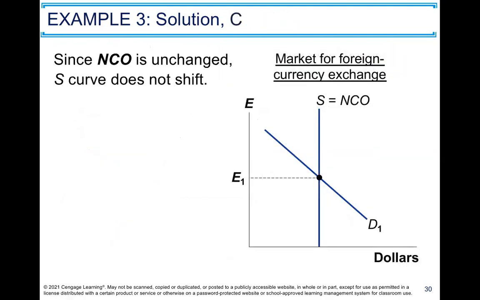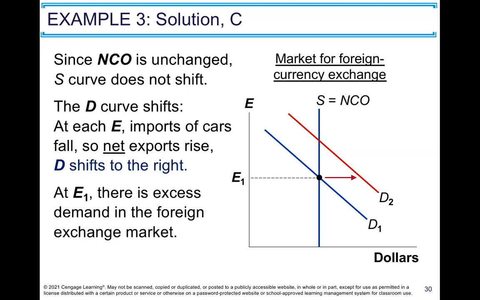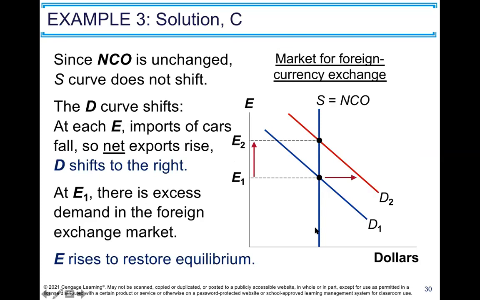However, what does change is our net exports, right? Because an import quota says that we're going to decrease our imports. If we decrease our imports, that boosts our net exports, and as a result, net exports shifts to the right. Now notice that this increases our exchange rate immediately from the graph, and net exports does not change at all. Notice that NCO equals net exports, and net exports is on this x-axis over here. So net exports hasn't changed at all. The only thing that's changed is the exchange rate. The exchange rate just appreciated,